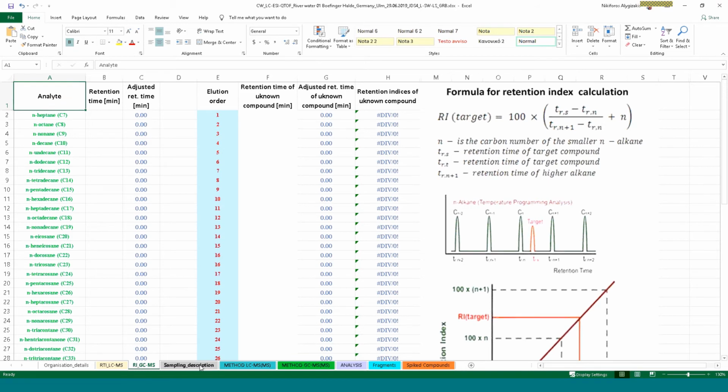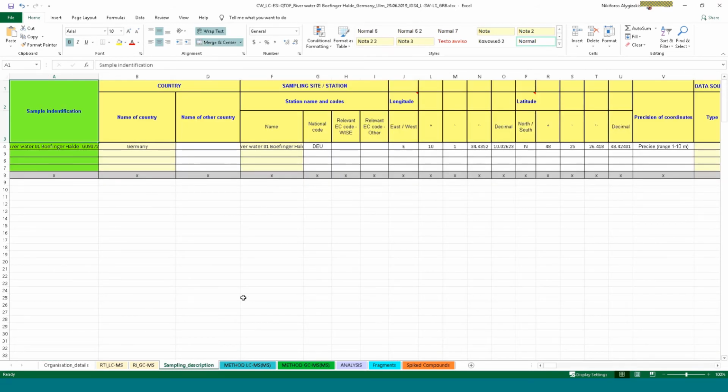In the next tab, we can find the sample description. Sample identification is the name of the contribution followed by a unique identifier created during the contribution procedure. The country follows, then the name of the station, the national code of the country, longitude and latitude, in both degrees, minutes, seconds, and decimal formats.